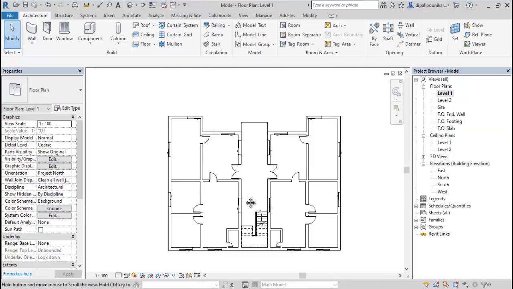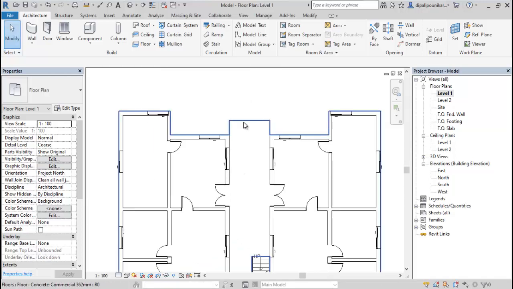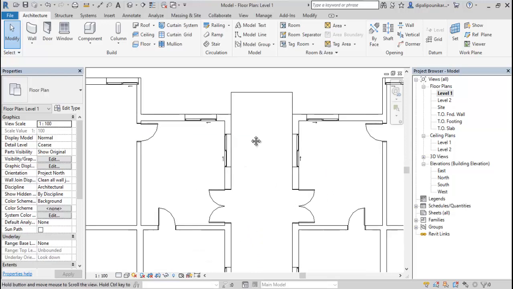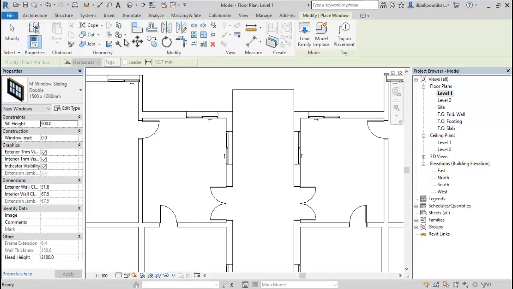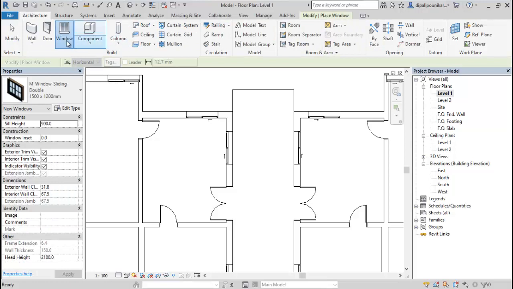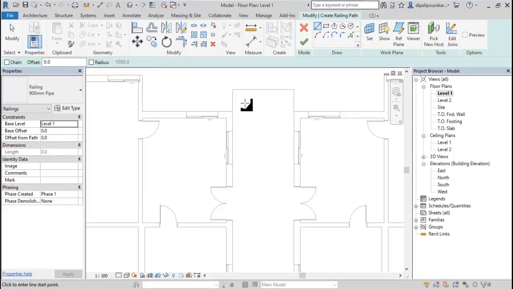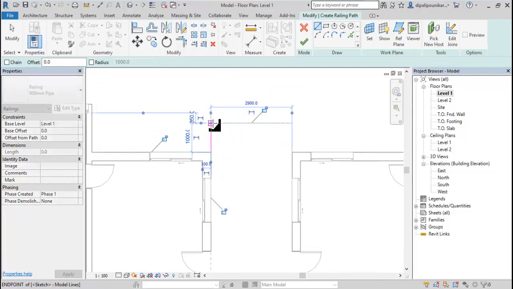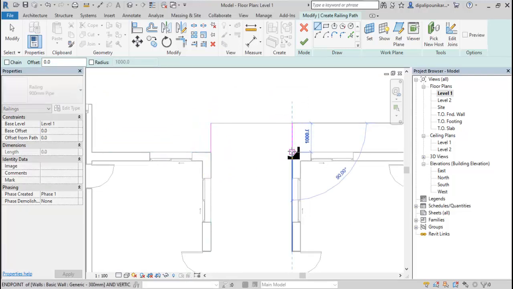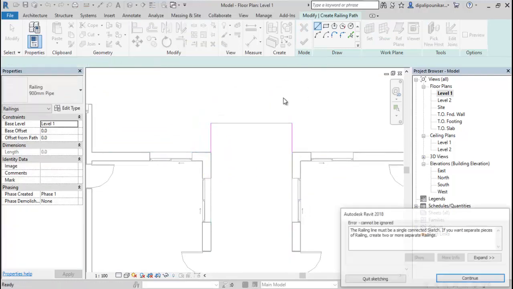Now after that, I'm going to provide a window and railing system over here. So first of all, here you need to provide some railing. So go to the other component, we have the railing component also. Here I want to provide the railings. Click on the sketch path. Now after that, click here, here, here, and here. That's it.